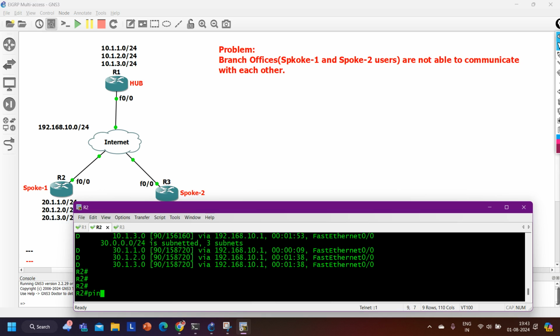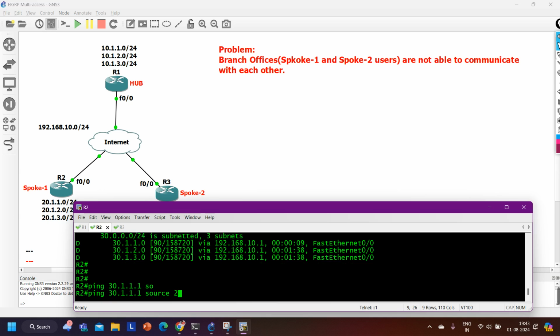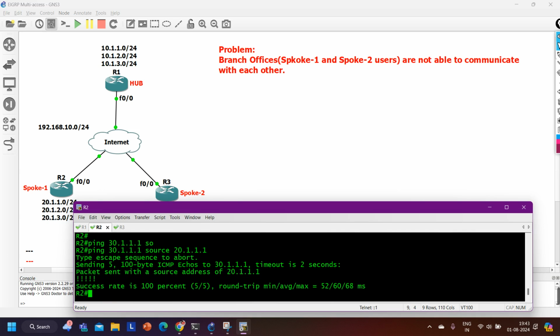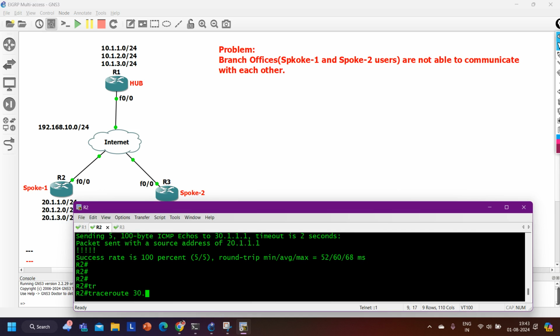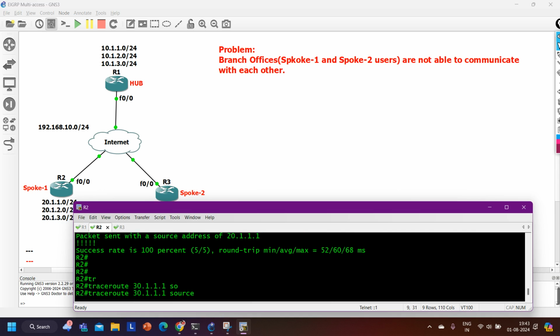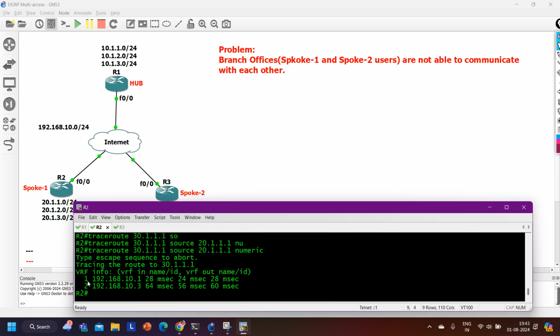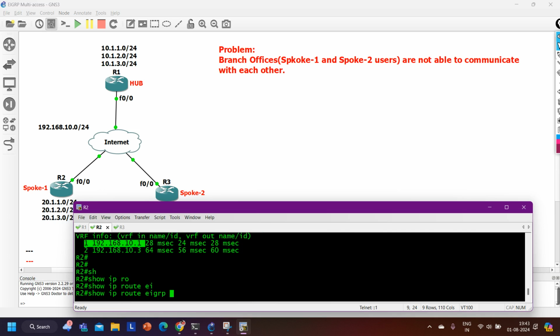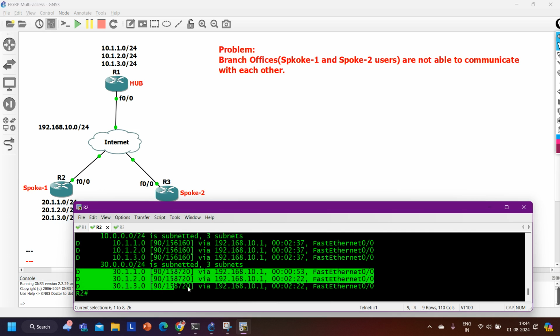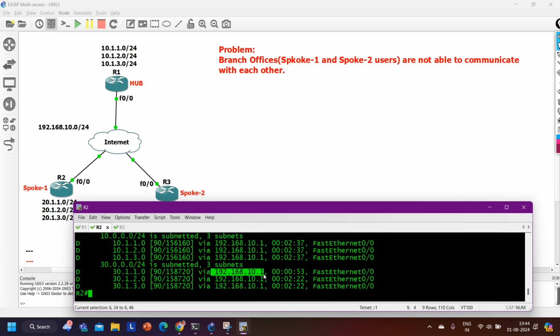On router number 2, ping 30.1.1.1 source 20.1.1.1. See, ping is working, right? And how is ping working? Traceroute 30.1.1.1 source 20.1.1.1 numeric. So traffic is going via the hub router, headquarter. The reason: show ip route eigrp, because see the next hop IP address for all 30 prefixes, right? Router 1, 192.168.10.1. So router 1 is updating the next hop